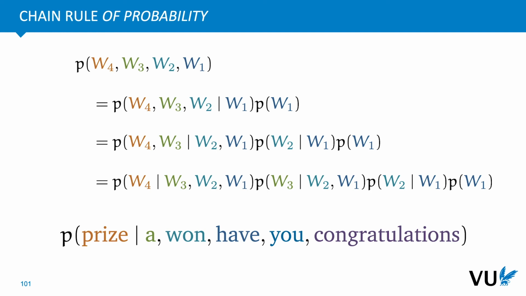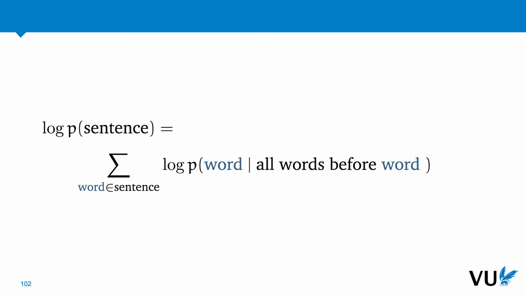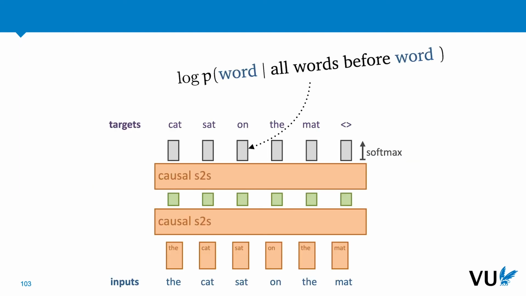And if we can model this probability, then we can multiply all the probabilities that it gives us to give us a complete probability of the joint distribution. So in logarithmic terms, the log probability of a sentence is the sum over all log probabilities of the words in the sentence conditioned on all the words that came before it. And if you think back to what we talked about in the first slide, autoregressive modeling, you'll note that if we train a sequence-to-sequence model like this, we feed it with a particular input and we train it to predict the next word at every time step by giving it as a target value the input shifted 1 unit